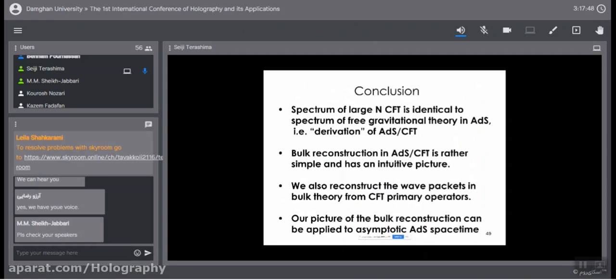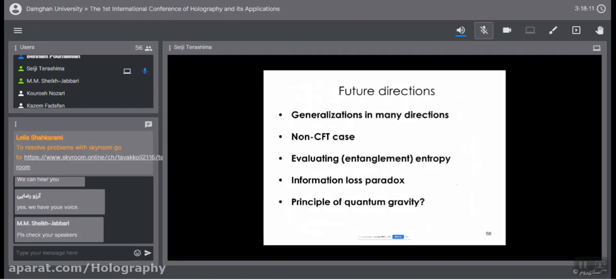this is the conclusion. The spectrum of the CFT is identical to the spectrum of free gravitons in AdS. The bulk reconstruction in AdS is rather simple and has an intuitive picture. We also reconstruct wave packets in the bulk theory from CFT primary operators. And our picture of bulk reconstruction can be applied to asymptotically AdS spacetime also. And there are many future directions, but